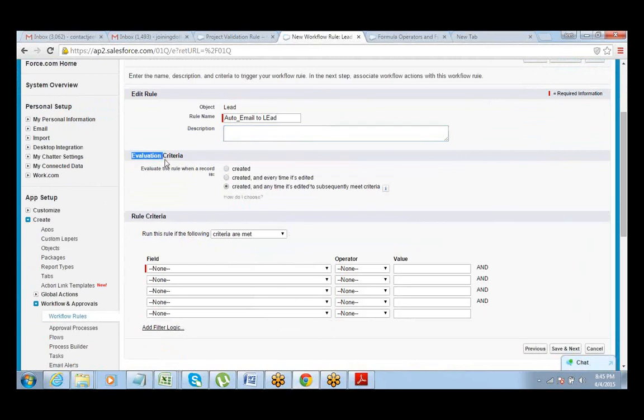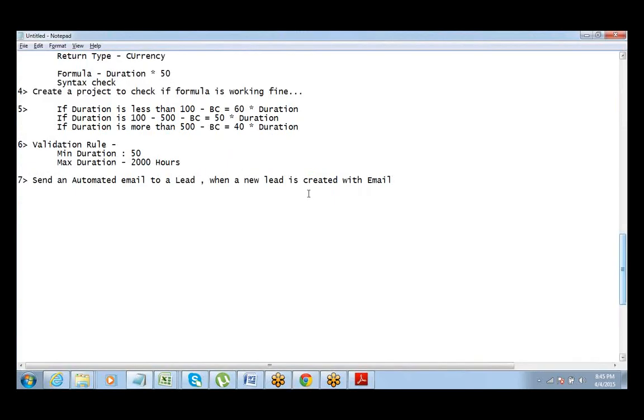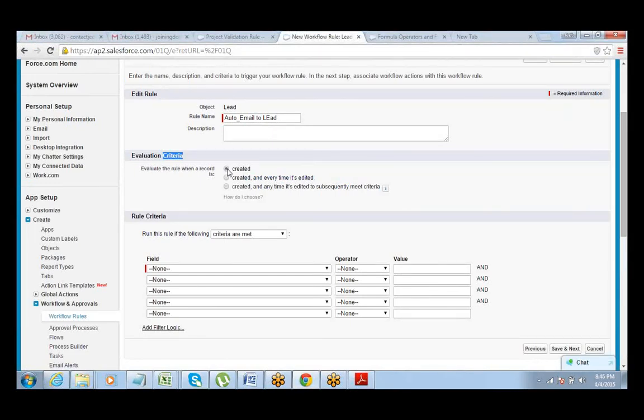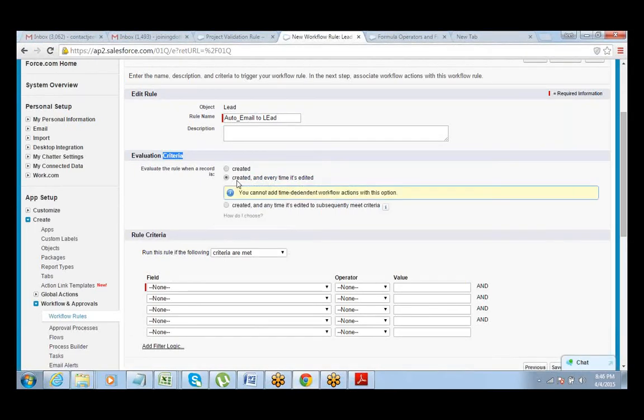Now you have to put 2 things. One is an evaluation criteria. A workflow rule will have an evaluation criteria and a rule criteria. What is evaluation criteria? When do you want the rule to be evaluated? I want the rule to be evaluated when a new lead is created. See? So when do you want that action to happen? When a new record is created, or when a record is created and every time it's edited. Okay, do you want the action to take place when the record is being edited or when it is being